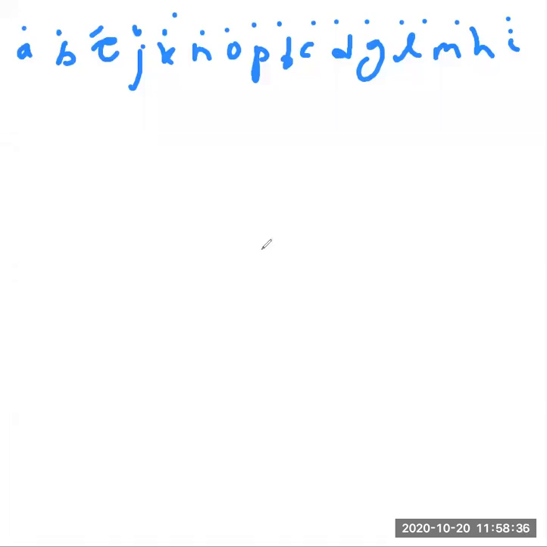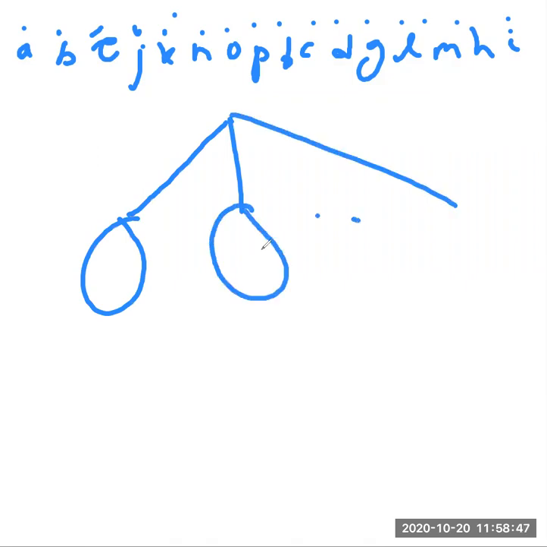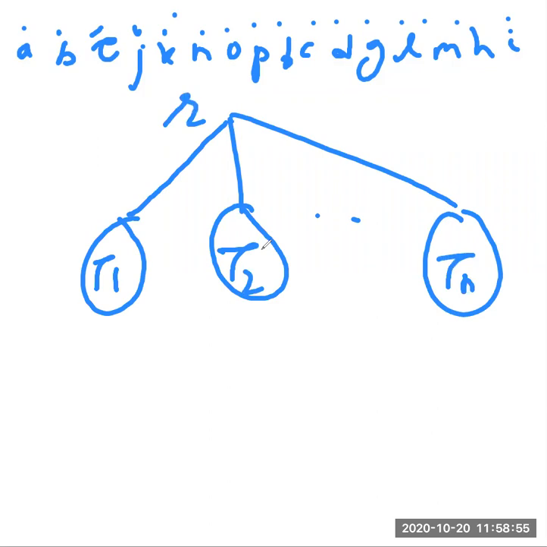Now in-order traversal, what is the requirement? Again, we'll go to the typical first diagram. So this is T1, T2, and Tn. This is the tree at root R. Now, if the tree contains only one root node, then the in-order traversal is R itself. But if the tree contains a root R and subtrees T1, T2, Tn from left to right, then how does the in-order traversal work? First visit T1,